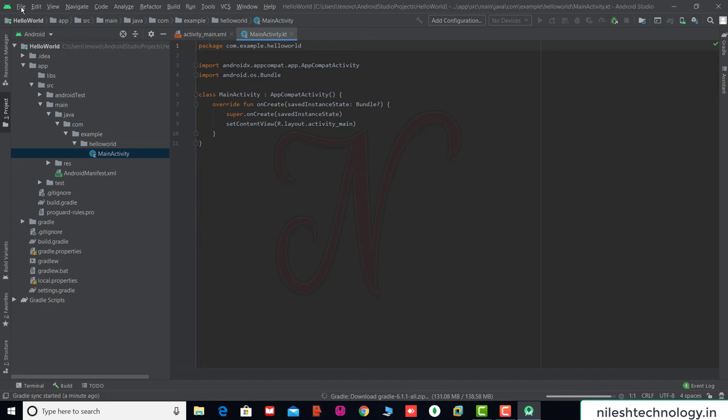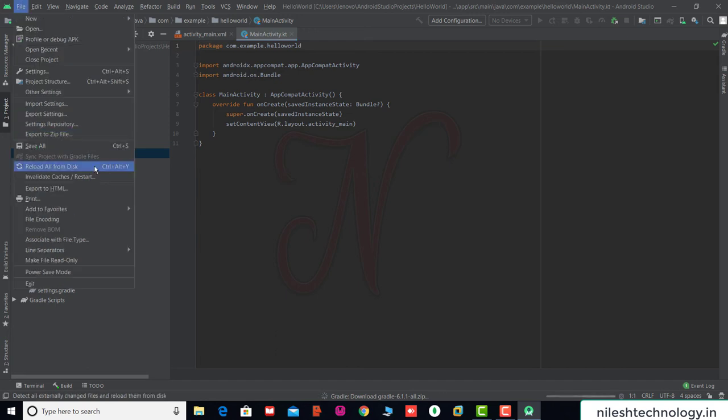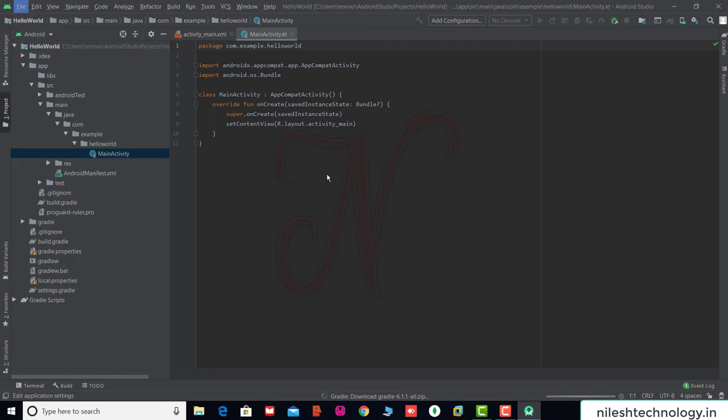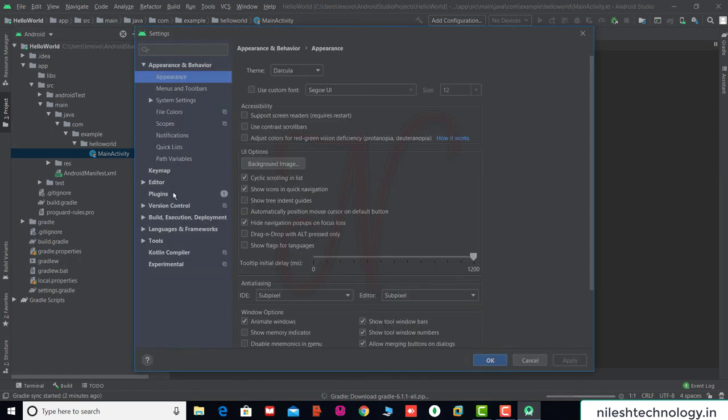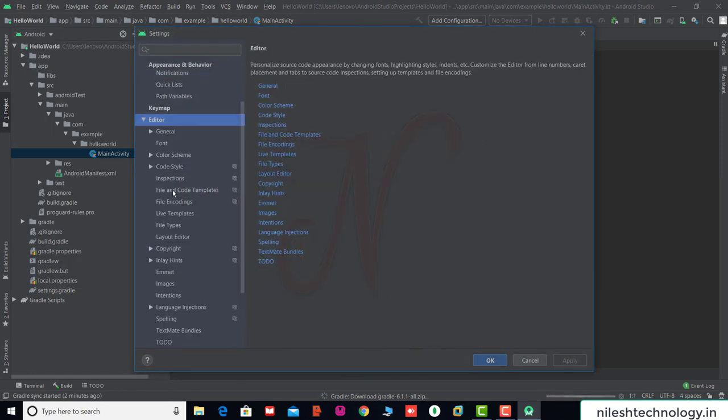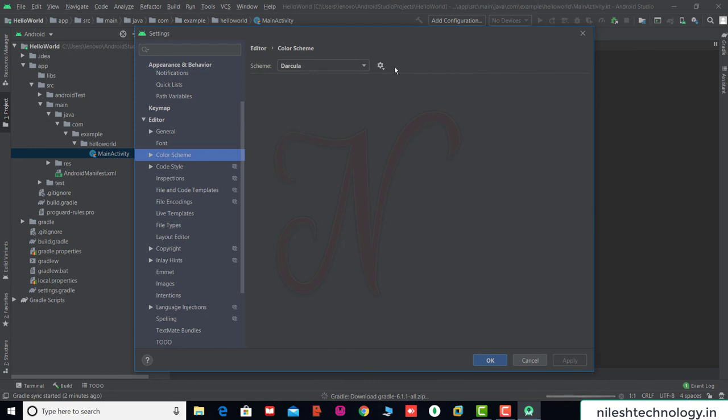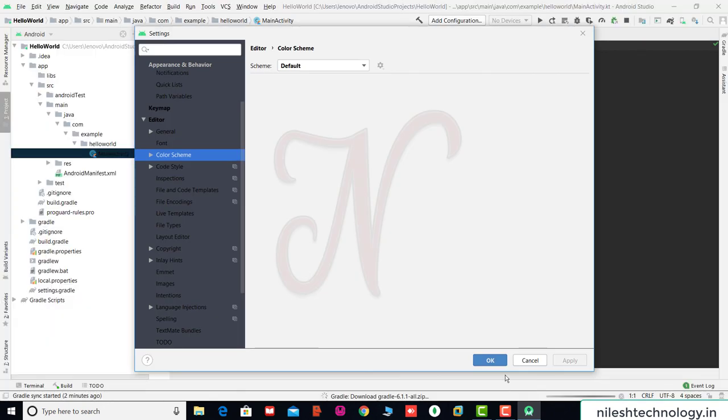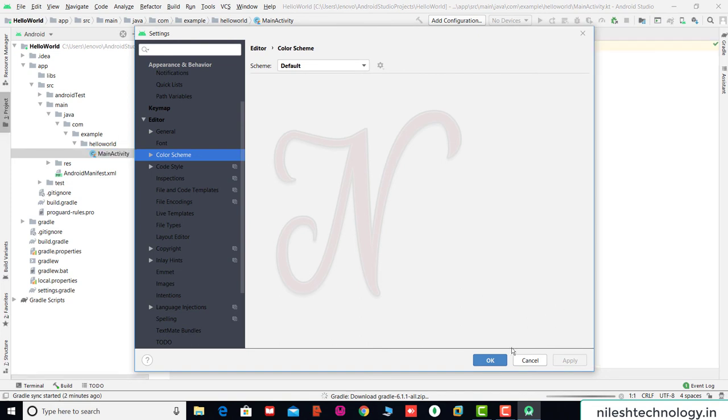Going to File, Settings, Editor, then Color Scheme, we change the default and click Apply. Yes, okay.